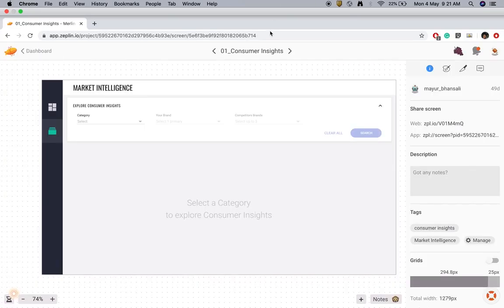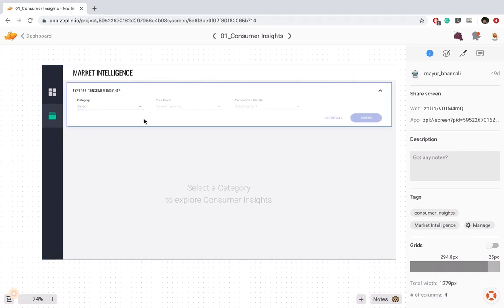Moving on to the next section, it is the consumer insights section of the product. Now, this entire section is designed to give you consumer demography related insights. And how are these insights given to you? They are given on the basis of the Myntra consumer cohorts, which have been defined by the marketing team. Right now, there are 11 consumer cohorts defined based on the buying behavior of each and every consumer.